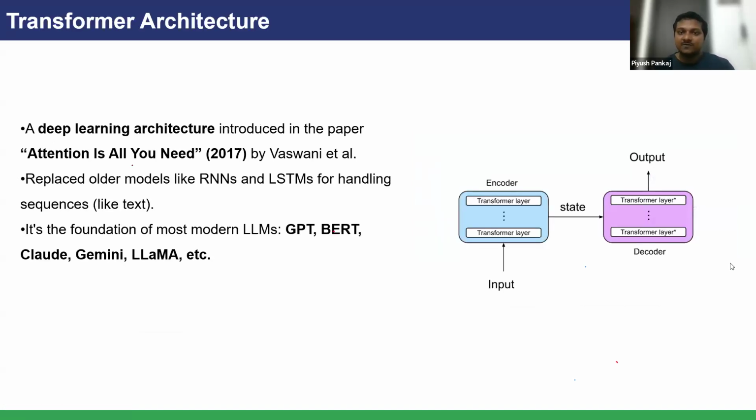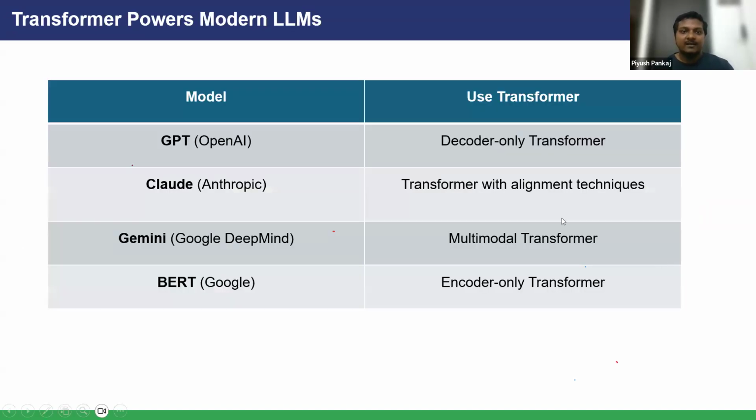Okay, moving ahead, transformers we have talked about, right? This concept came with a research paper called Attention Is All You Need. This research paper is online, guys. You can download it and read it. It's a very good paper to understand. It's a deep learning architecture that was introduced. We have input, and the input will go through different layers of neurons. We will have an encoder and decoder, and the decoder is then going to give you the output, right?